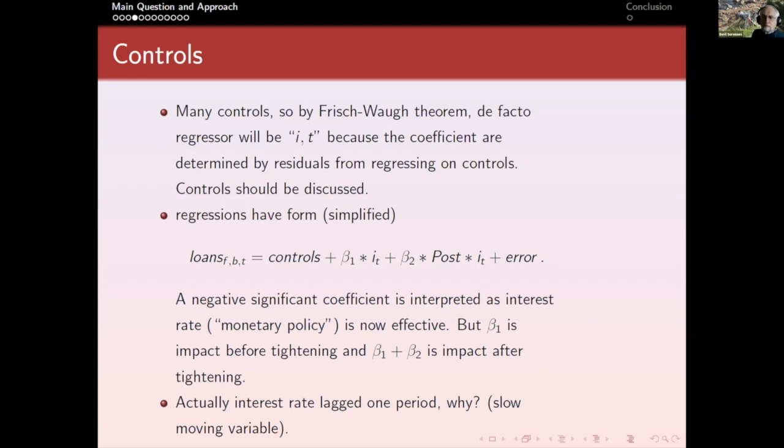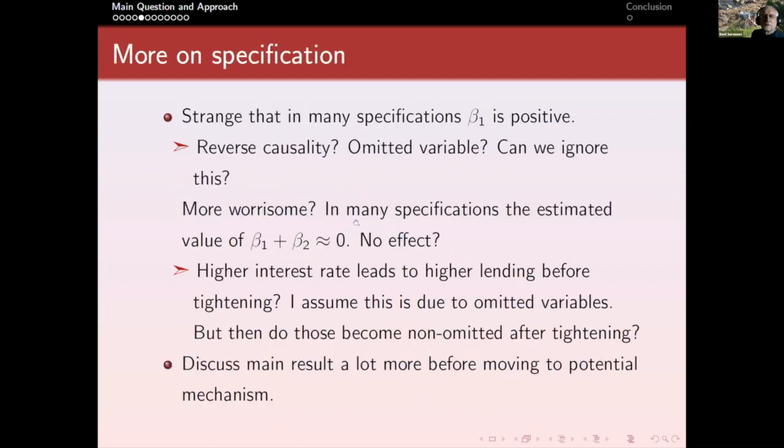And another little technical point is the interest rate is lagged one period, which seems to make the reader believe it's predetermined, but these are really slow-varying variables, right? So I don't believe it makes any difference. But certainly for a slow-moving variable, you're not going to be able to argue that I_{t-1} is somehow predetermined. So in any event, it's strange to me that in many or most specifications, beta 1 is positive,